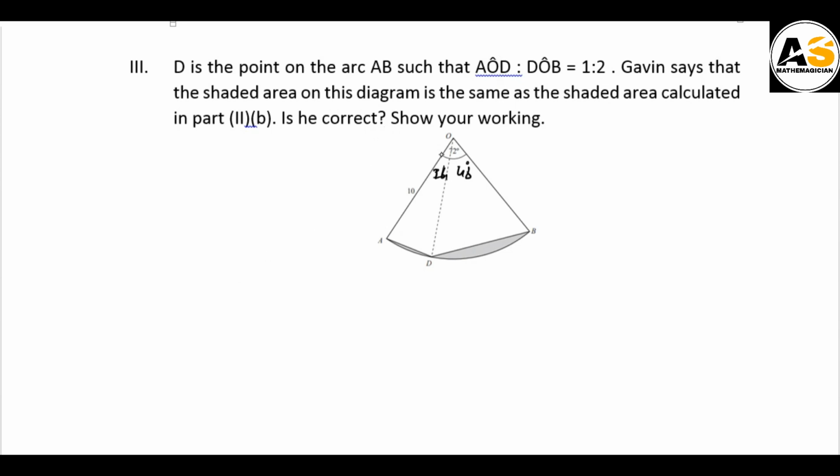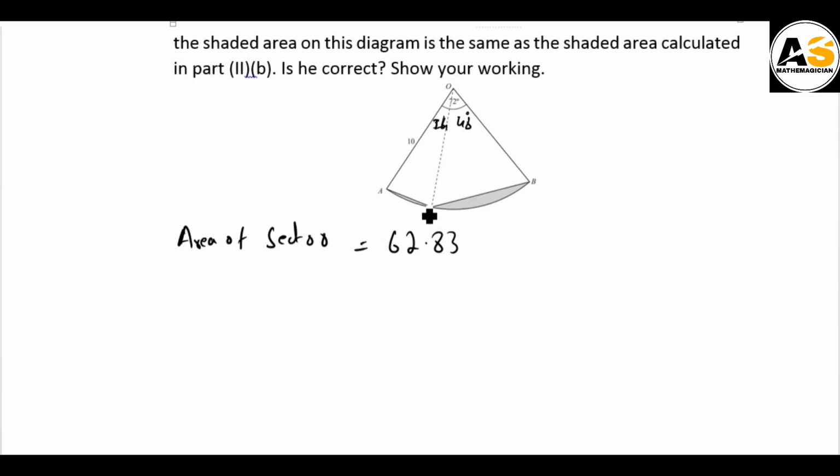So what is area of sector? We calculated in the previous part 62.83. How we will calculate this shaded area? We will subtract the area of these two triangles from this to get this shaded area. So what will be the area of triangle OAD? Area of triangle OAD is equal to 1 by 2, 10 into 10 into sine 24 degree. This is 24, which will be